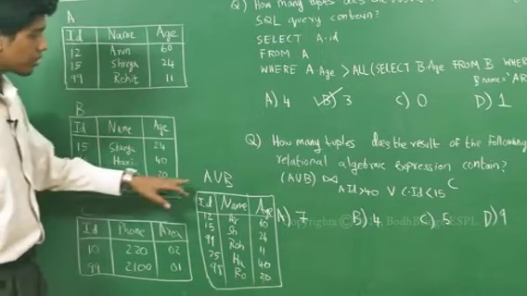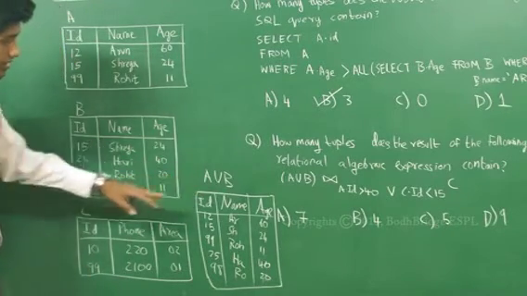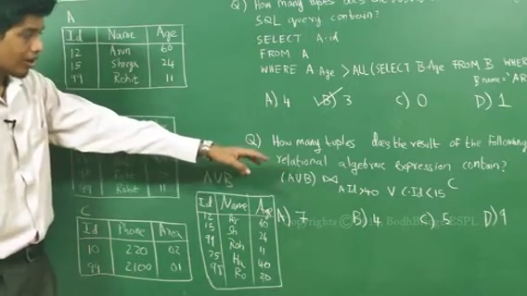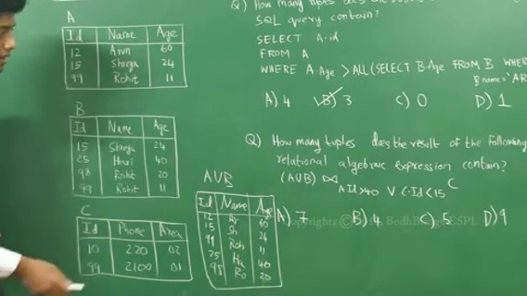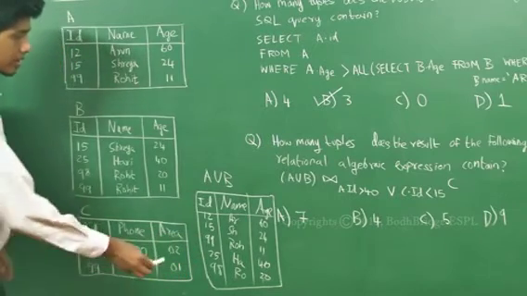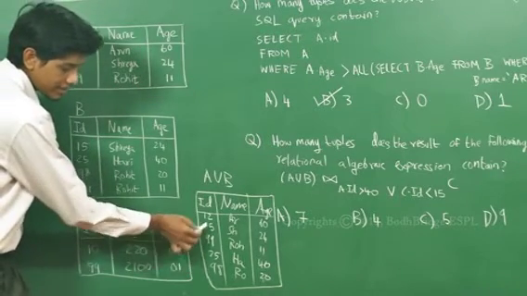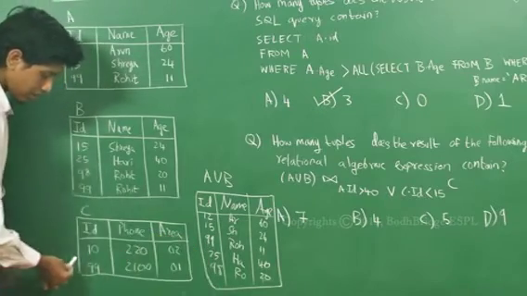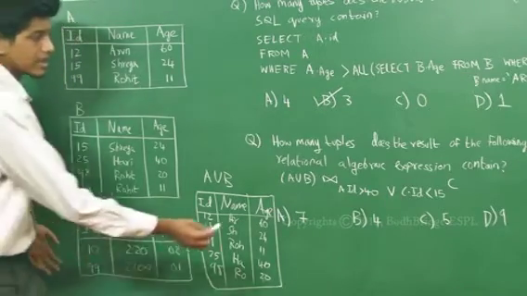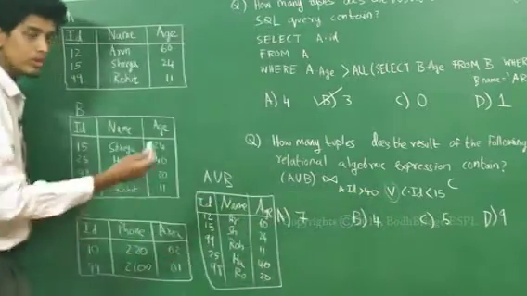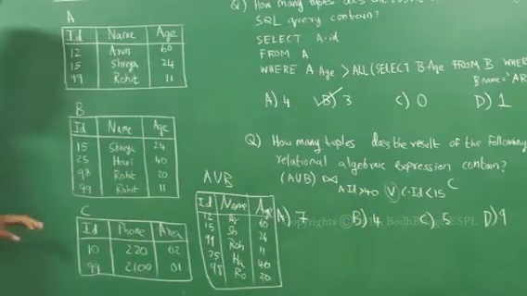We have to do a full outer join of this table with table C such that a.id is greater than 40 or c.id is less than 15. By a.id we mean the ID of this table. So if the ID in this table is greater than 40, you full outer join it with all elements of C, since there is an OR here. So even if one of them is true, you full outer join it with the rest of the table.